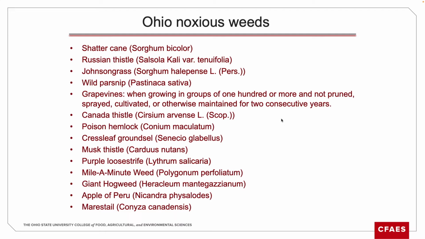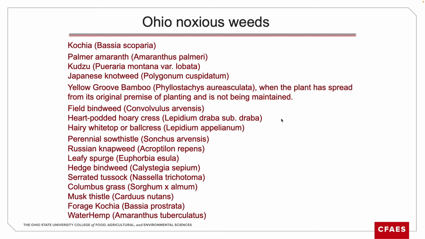But you see a lot of the common weeds that we deal with or have dealt with: shattercane, Johnsongrass, Canada thistle, poison hemlock, crestleaf groundsel, weeds like that. You see some that aren't quite so common, or that we really don't have here very much, like kudzu. I know of, I think, 1 or 2 areas where we have kudzu in the state. Some of these are problems further west: Russian knapweed, leafy spurge, that we really don't have here, but we don't want here either. So it's kind of a variety of weeds on the list.